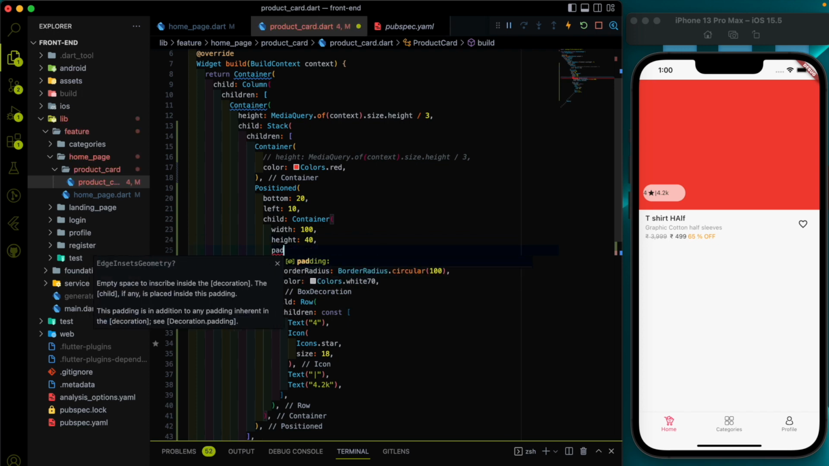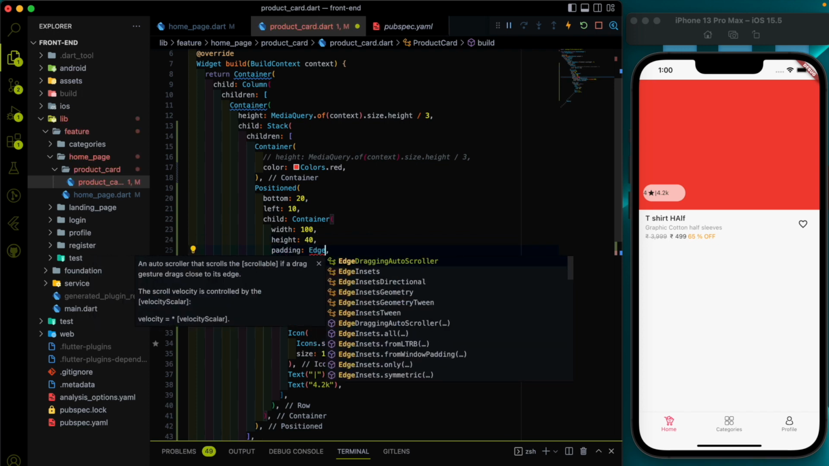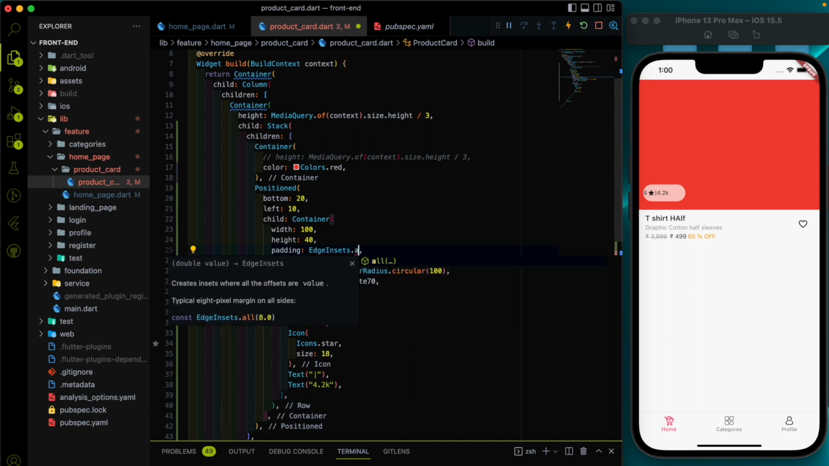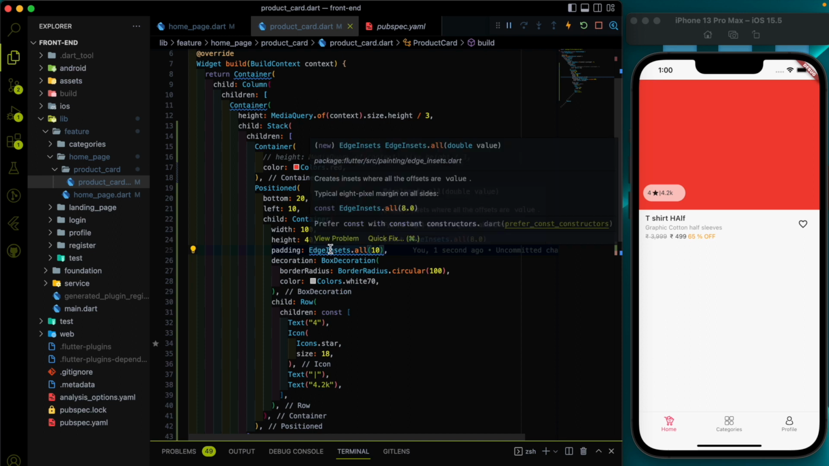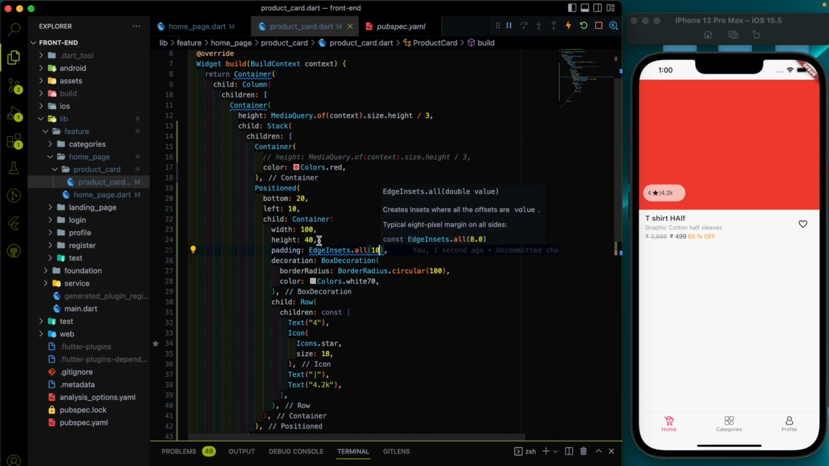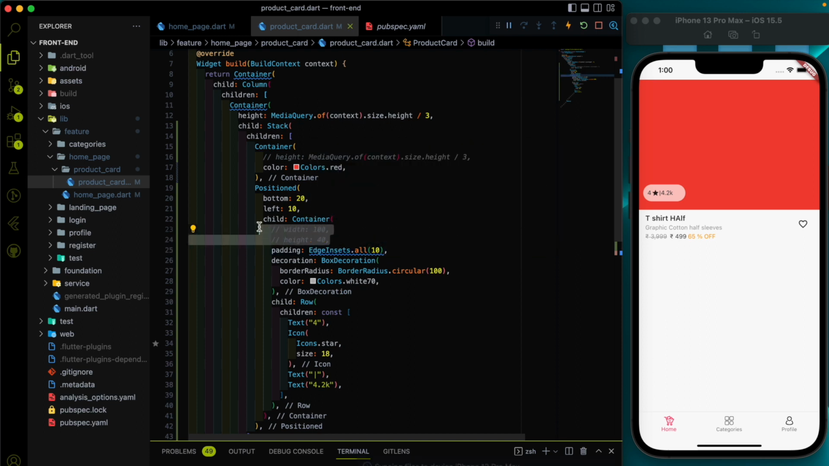Let's use some padding as well. EdgeInsets dot all. Let's add padding of around 10. It comes to the center. Okay, so it has a fixed width. I just don't want it to have a fixed width. Okay, now it is good. Okay, so let's use 12 padding. No, 10 is good, I guess,